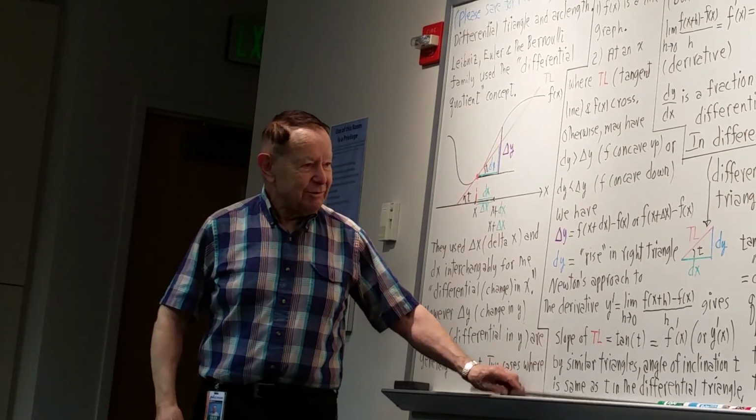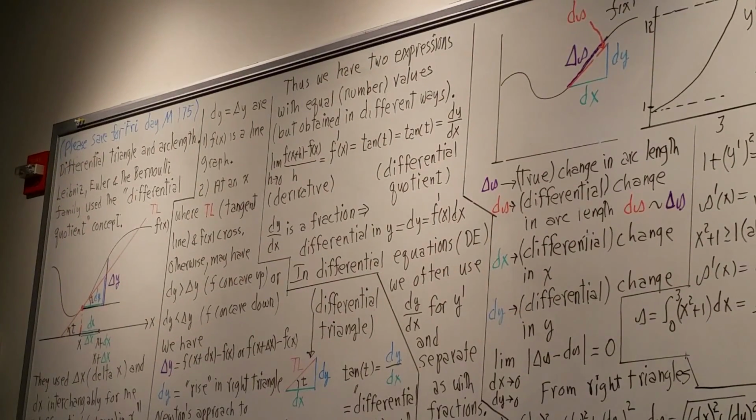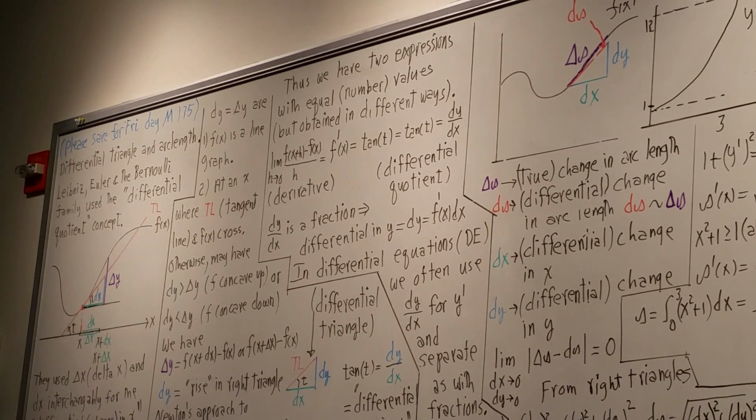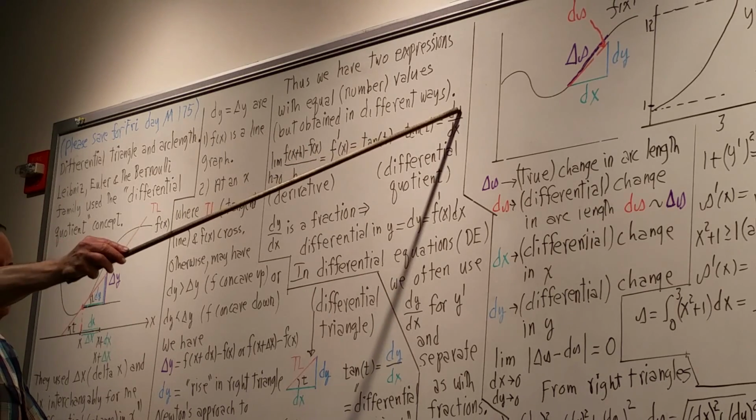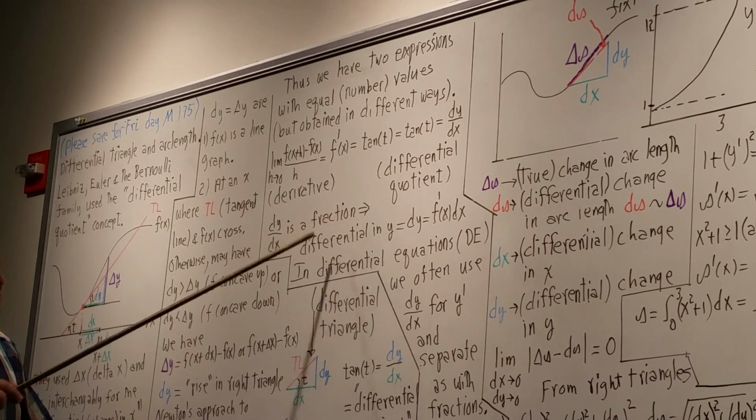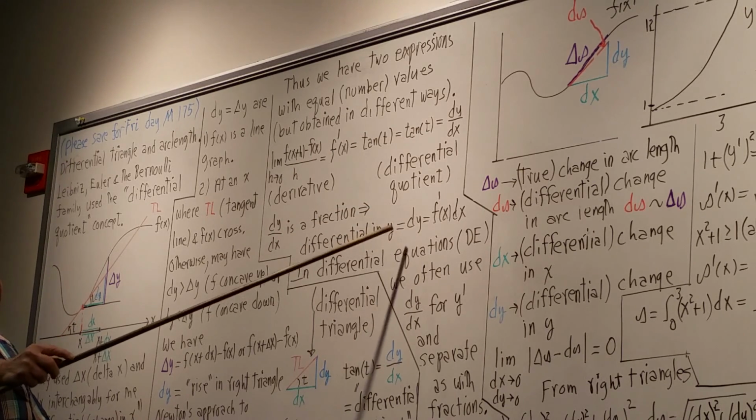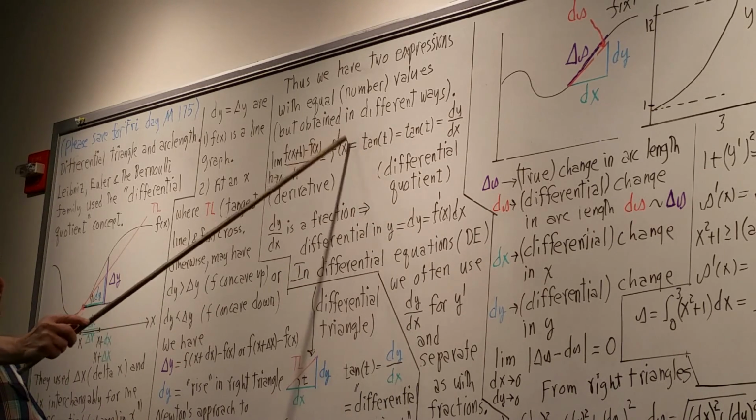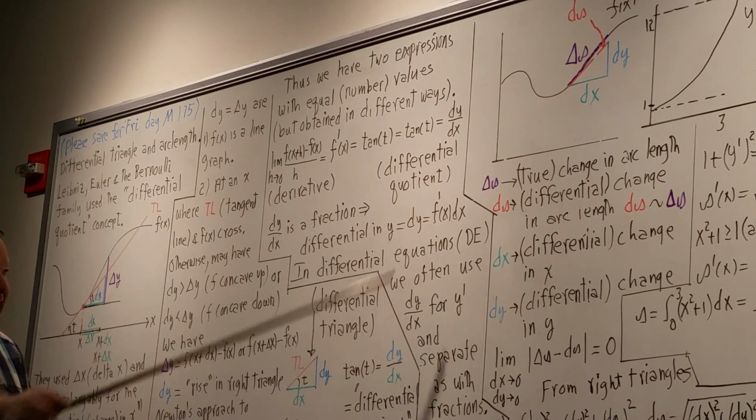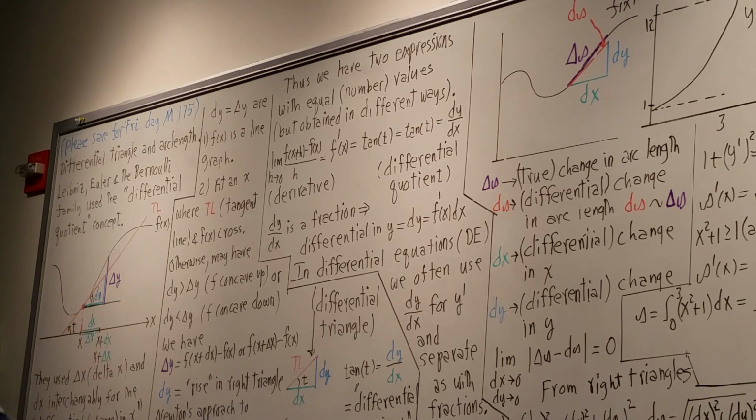Well, that's what your differential quotient and your derivative are. They're always equal, but there is a logical difference in what they are. But you can use them interchangeably. The thing is, this is a quotient, so you can separate it as a fraction. And you can write that dy is f prime times dx, which we will be doing in chapter 7 and chapter 9 when we work